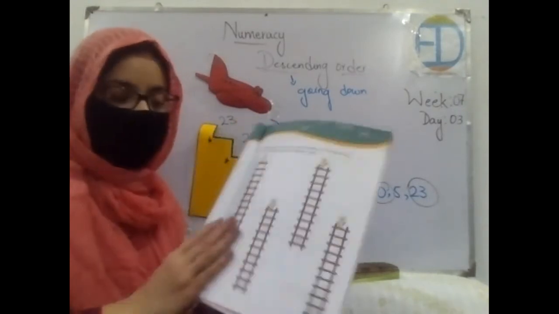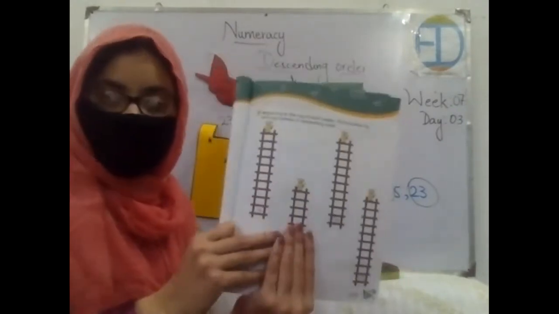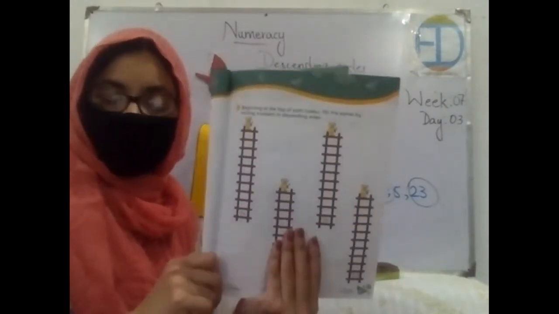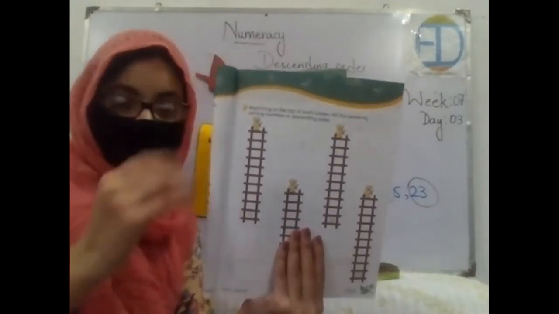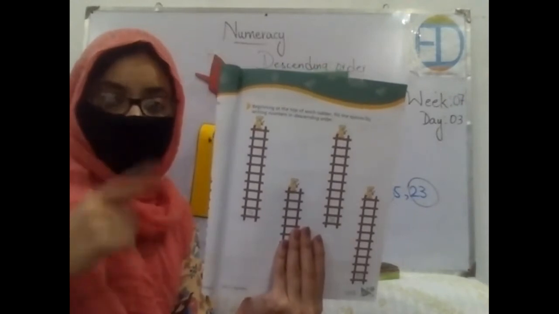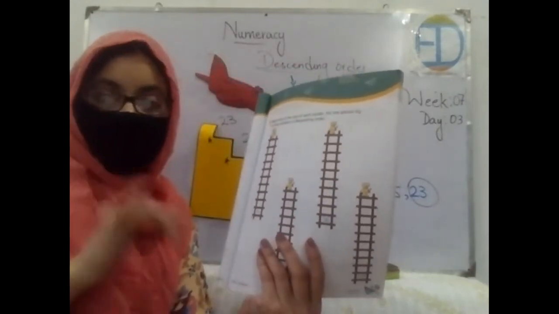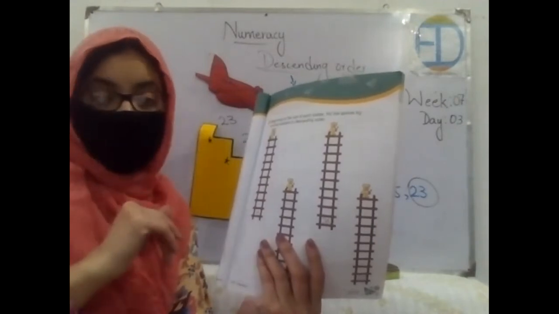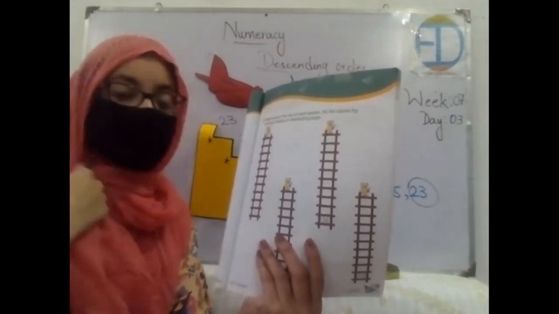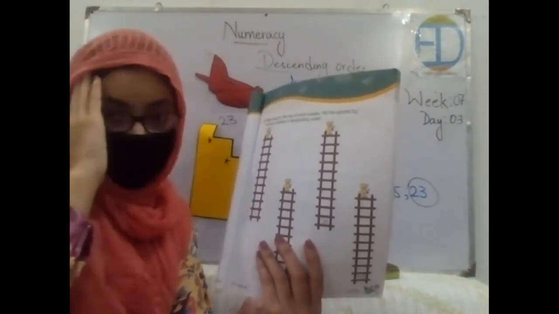Got it? Okay. Now there are these small cute teddy bears which are drawn in your book, and you are supposed to help these teddy bears writing these numbers or filling these missing numbers that come in between these two. Well, they have already given you the starting and the ending number. You are supposed to write what comes in between that. But remember, you will start writing from the top position, right?